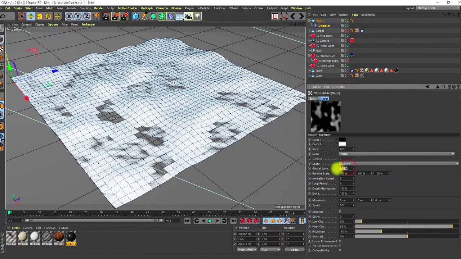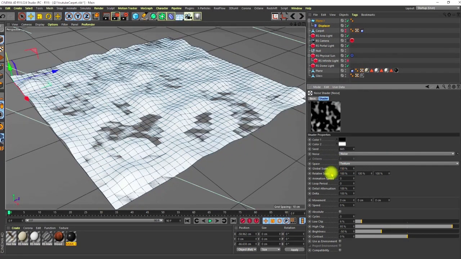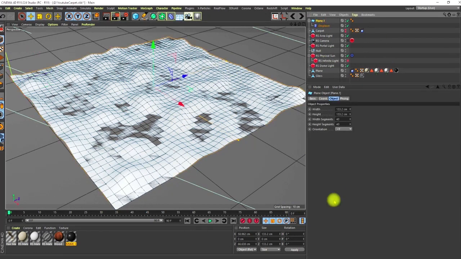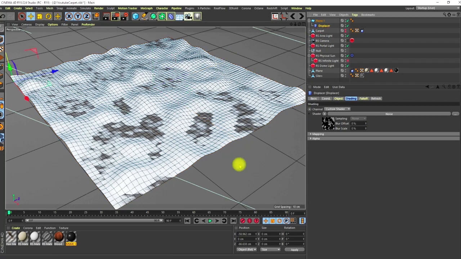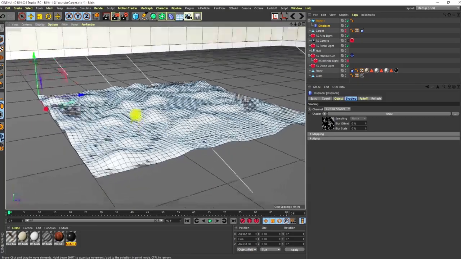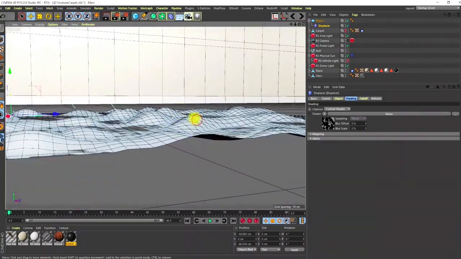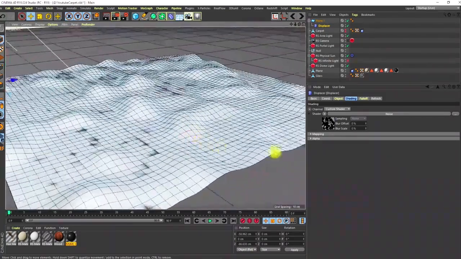So I can also come here and bring this to 150. So I have enough, and bring this down. So this is just me setting this up. Once I'm done with that, I can always go back and increase this segment so that I get a smooth effect. The other thing is here, the displacement is quite too large, so I can reduce that displacement